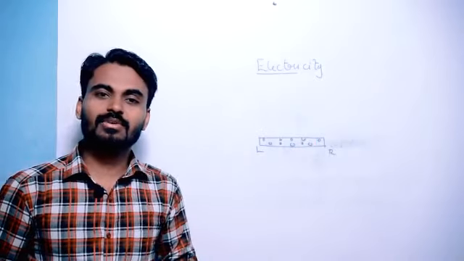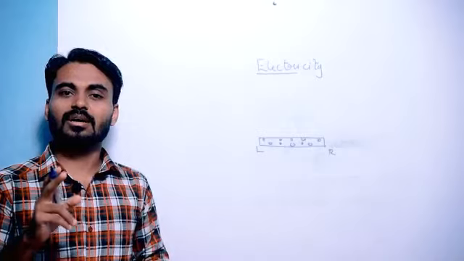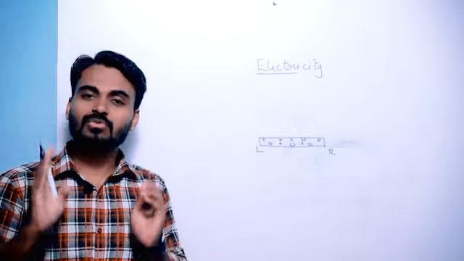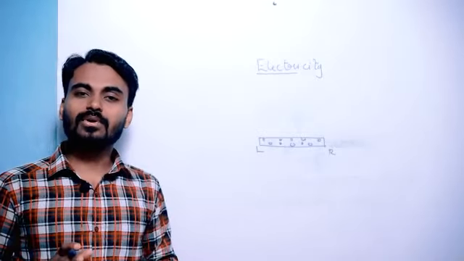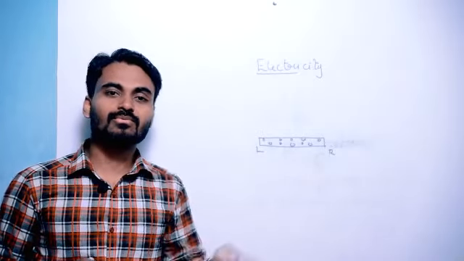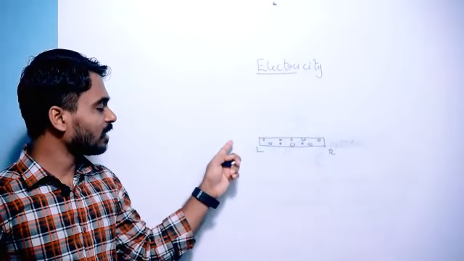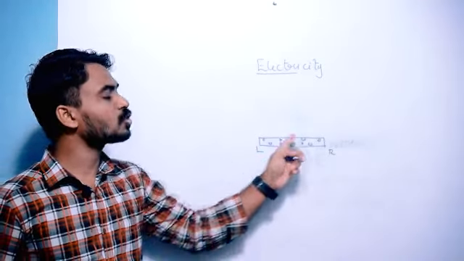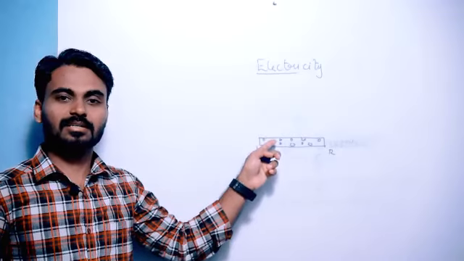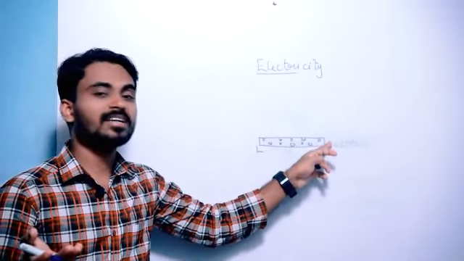Then what is the direction of current? Very, very important. You just memorize this and remember this. The flow of current is always opposite to the direction of flow of electrons. In this case, electrons flow from left to right of this conductor, isn't it? So the direction of current will always be from right to